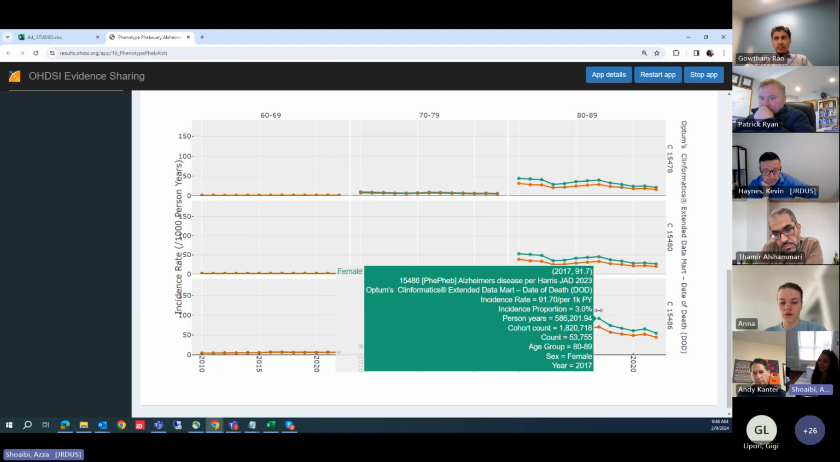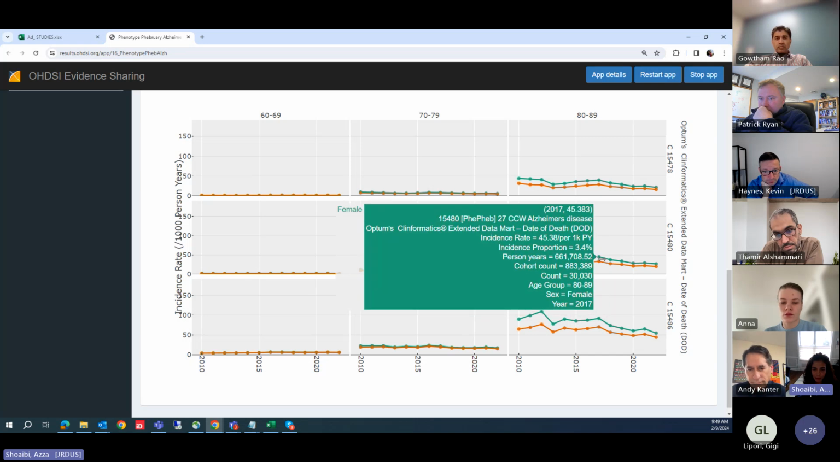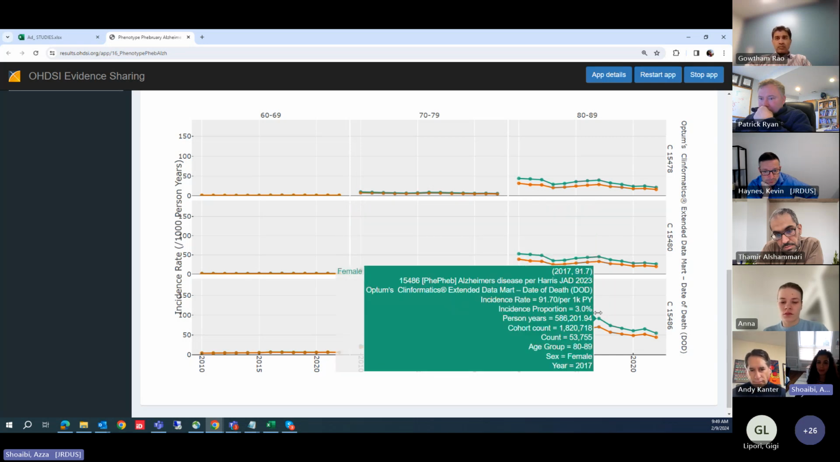So that difference in magnitude in DOD of how many people we captured almost went, what is it, threefold? Less than that, maybe two. So at least twofold, from 35 to 91. So we doubled the incidence rate of the event, and that's one data source, depending on which algorithm